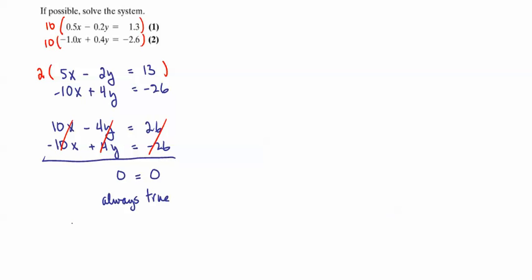So there are infinite solutions. That tells us that we have two lines that are basically lying on top of each other, or two lines that are exactly the same, and there are an infinite number of